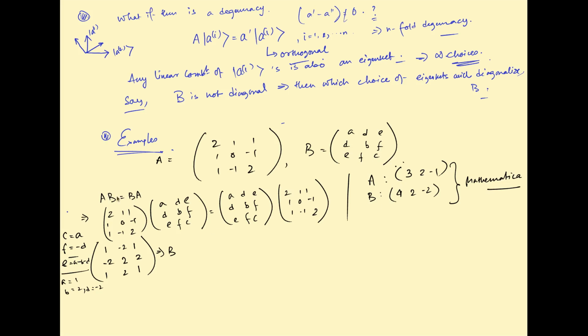If I take the commutator of this matrix, that means AB must be equal to BA. That will give me some equations. If we solve those equations, you can know what the values of A, B, D and E must be in order for them to commute. By plugging in those values, there will be a family of choices. It is not that there is only one matrix B of this form which commutes with A. There are many choices, and one of these choices is this matrix. So, now I found a pair of matrices A and B which commute, and I computed their eigenvalues in Mathematica and found they are non-degenerate.